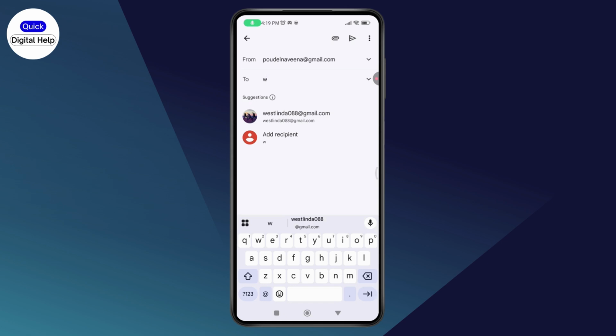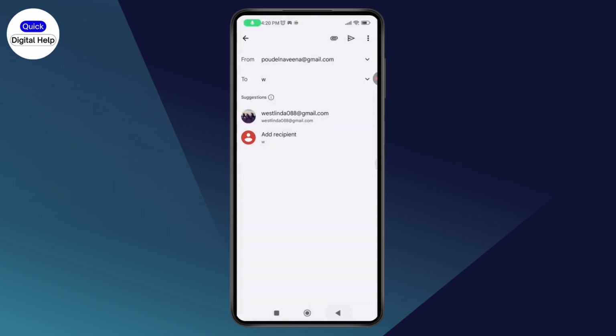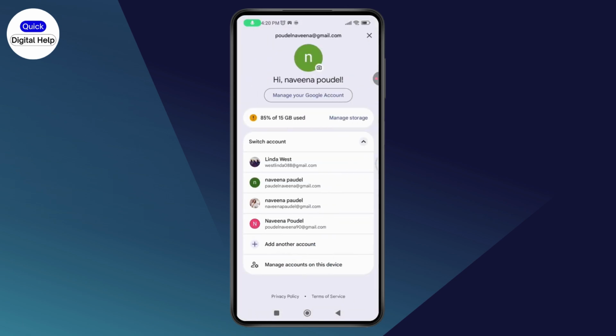To delete it, simply tap on the 3 vertical dots, which will be in the top right, and tap on add from contacts option, which is on the second. After that, you will have a contacts and data box. What you'll need to do is just simply go back, go with your profile, and then tap on manage your